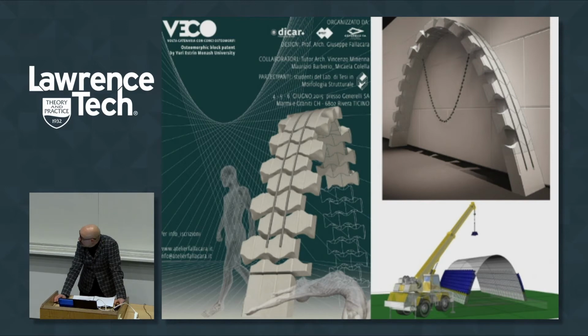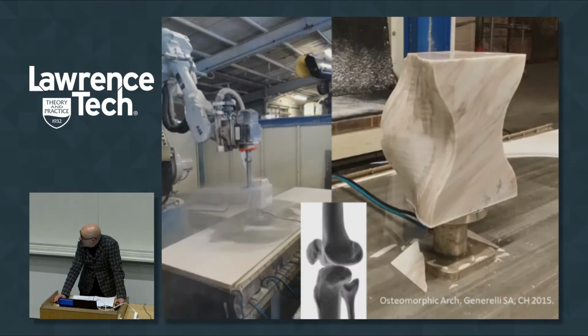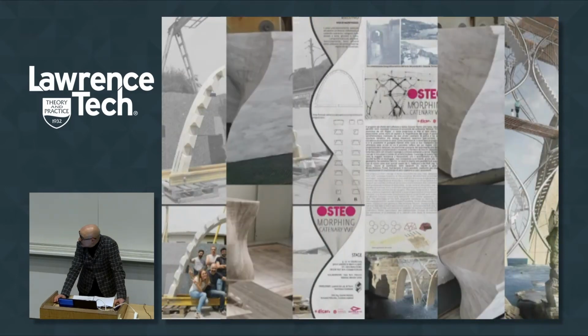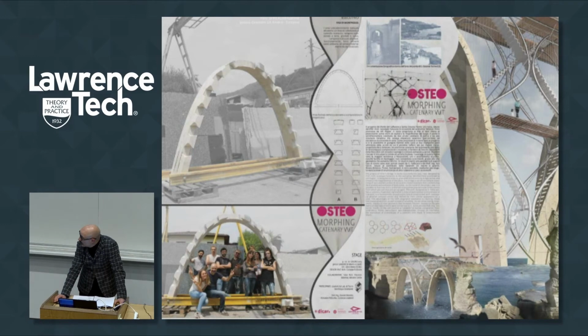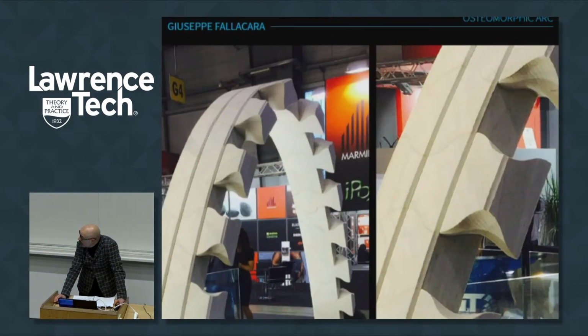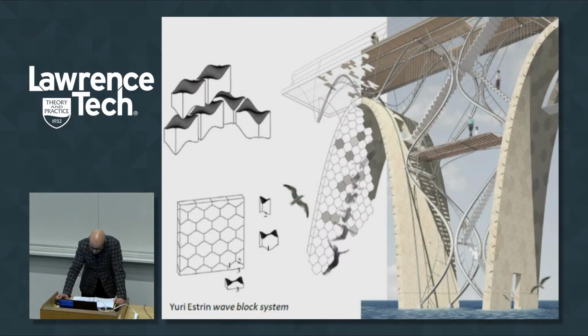And we made another kind of experimentation using the marble and the osteomorphic connection of the joint to realize one catenary arc, a pre-stressed catenary arc, presented during an exposition, the most important exposition of marble construction, Marmomac in Verona. And so you can see the form of the catenary arch using these ashlar, these blocks, with osteomorphic condition. And in this kind of operation, there is a strong